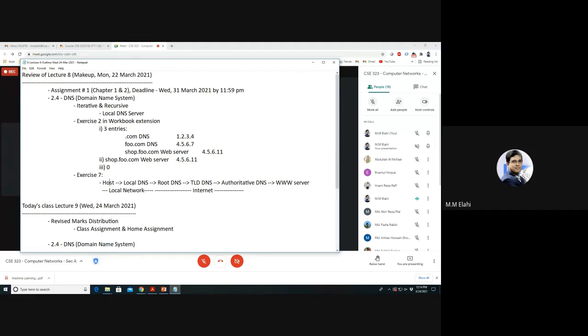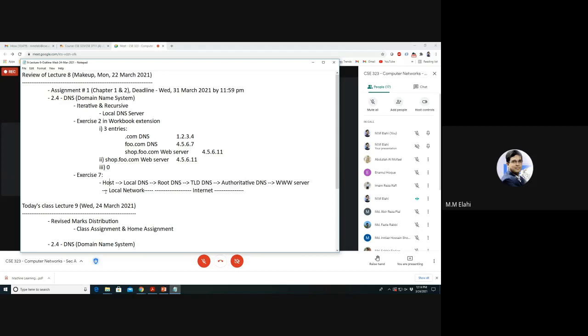So host will send to local DNS, then local DNS will send to root DNS. Root DNS will send to top level DNS, and then top level DNS will send to authoritative DNS, and then finally